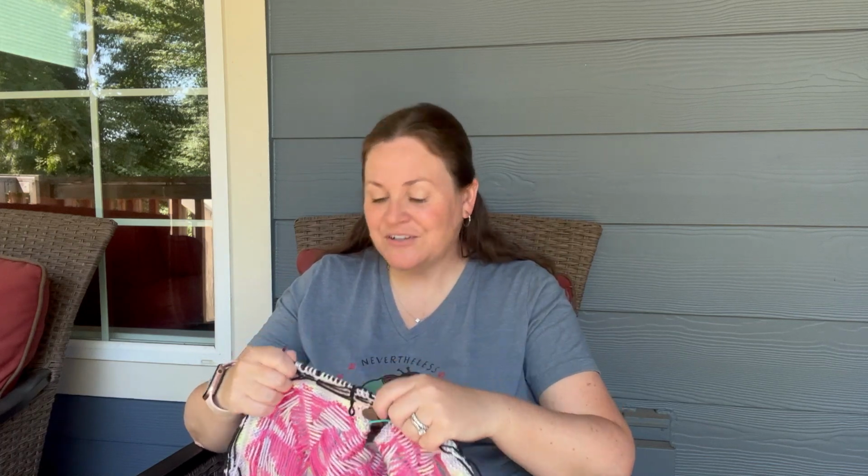I did a gauge swatch of this. So yes, you should gauge swatch for test knitting, particularly for a garment. And some people will argue, why do a gauge swatch if it's just going to change in the garment? Because sometimes you'll do a gauge swatch and then you'll knit your whole garment and the gauge turns out a little different. But I think it's so important for the test knitting,